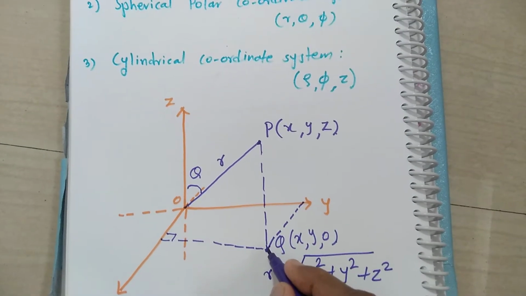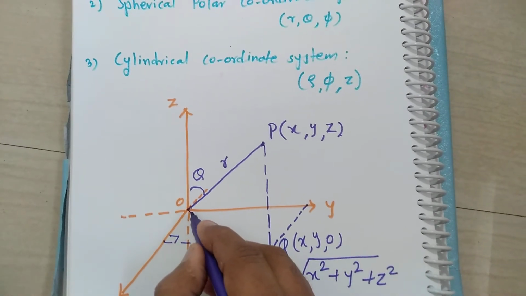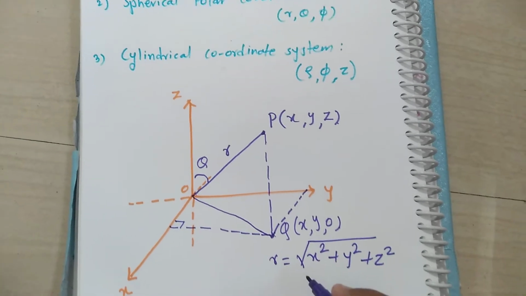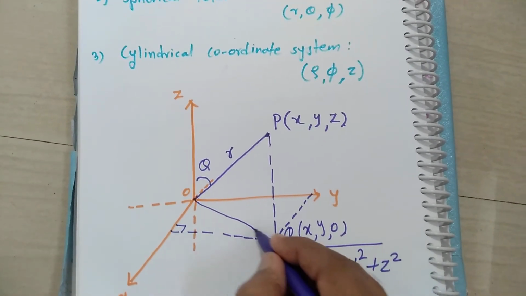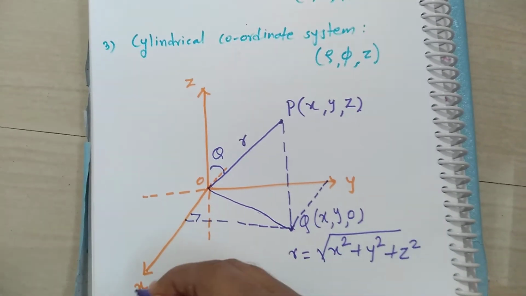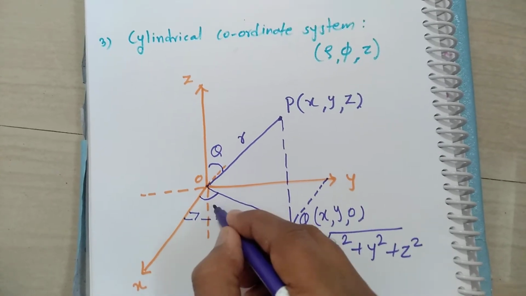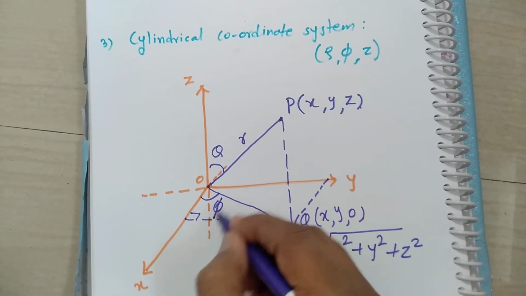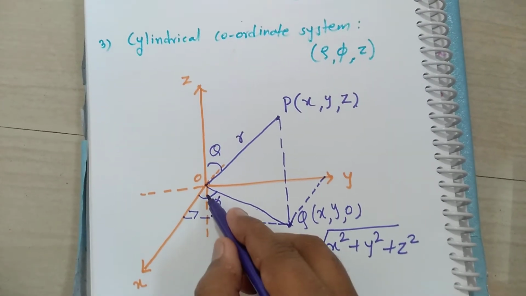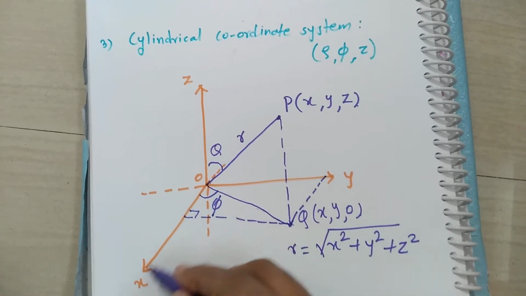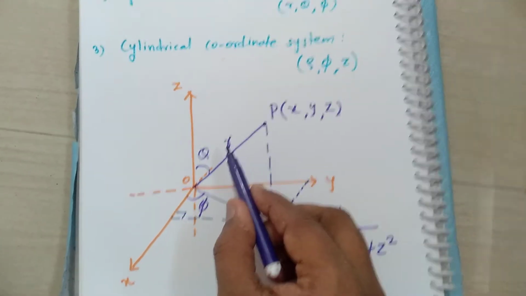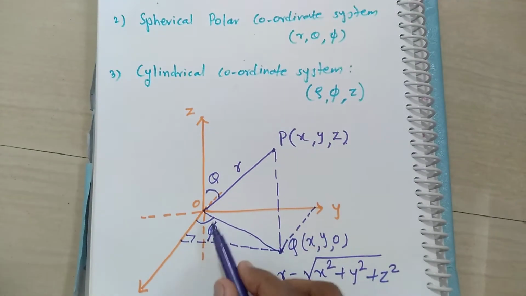Correct? Now if you join this point Q to the origin, you will get one more radius vector in the two-dimensional plane, and for this radius vector OQ, the angle made with the positive direction of the x axis is denoted by phi. That is also called the horizontal rotation, because an angle is a rotation. This is the horizontal rotation of this vector, a rotation about the z axis. Correct? So this is how the spherical polar coordinates r, theta, phi are defined.